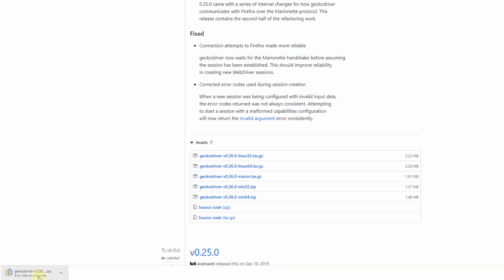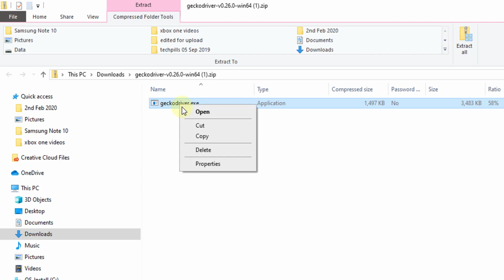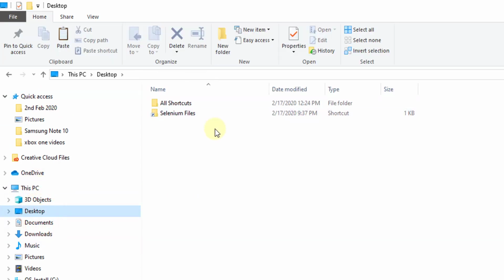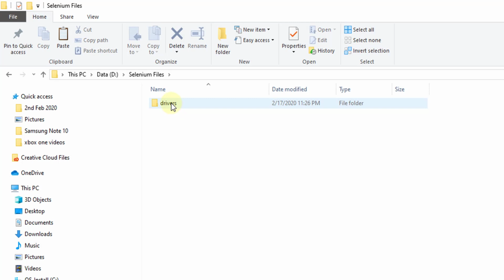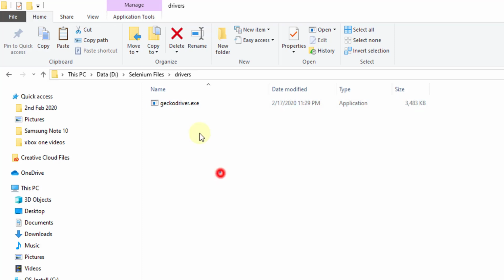Once downloaded, you need to open this, and copy this GeckoDriver. You need to extract actually, then copy it. I have a folder of Selenium files. This is a library I'm maintaining. Clicking on that, I created a folder drivers. Here you need to paste it. This path you need to provide in the code, in the Selenium script. So once GeckoDriver is done,